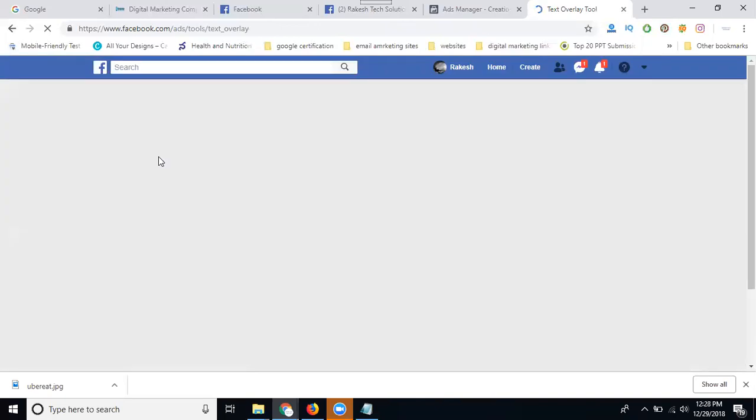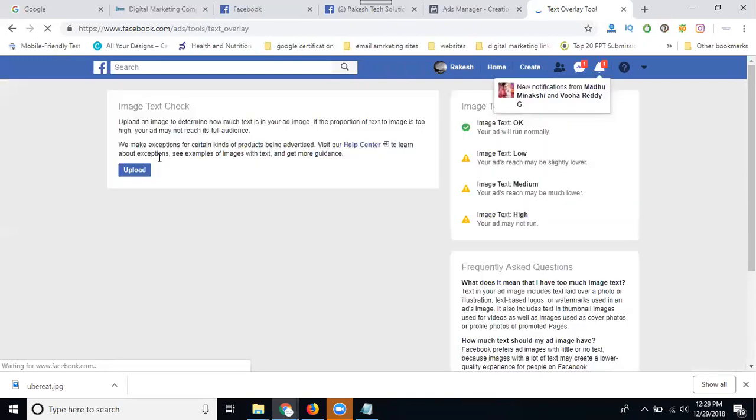First test the image for text ratio. The text ratio: less than 21 characters is low, 25 characters is medium, above 25 is high. Low means the ad will run but the search results may not appear properly. Medium, they run by 50%.